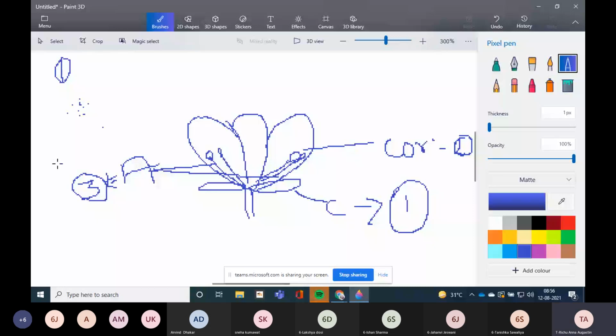Then fourth, we have the fourth whorl, the gynoecium. So talking about the gynoecium,